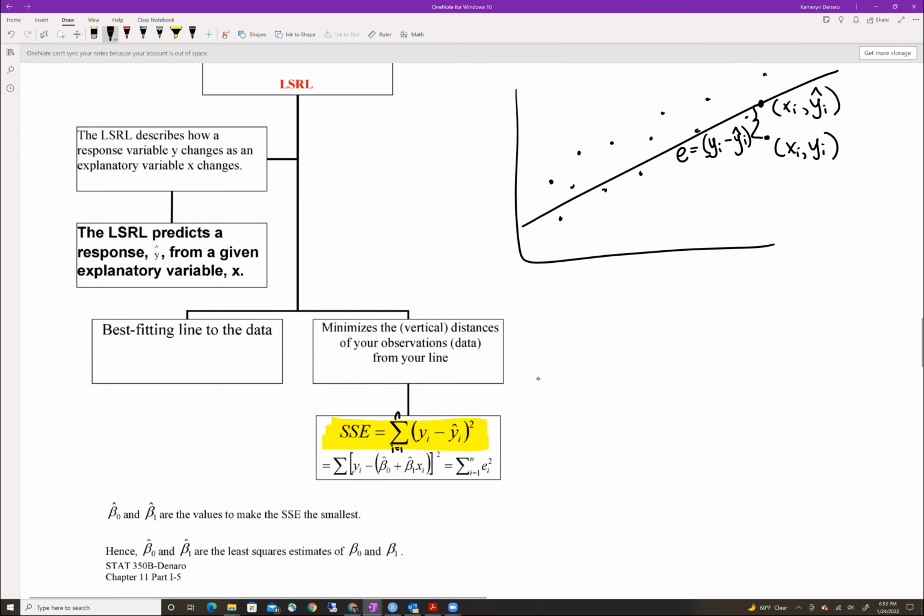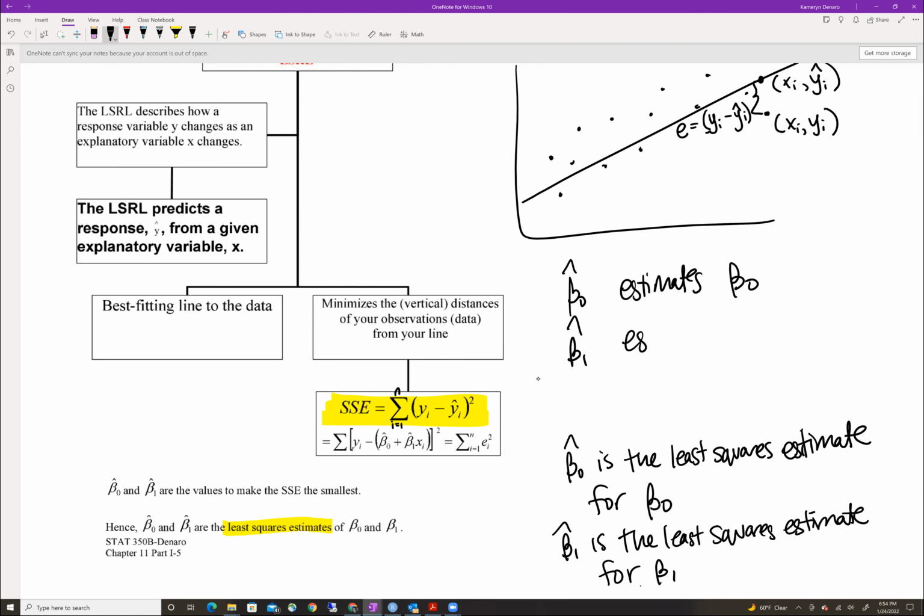Similarly, beta 1 hat is the least squares estimate for beta 1. So overall, beta 0 hat estimates beta 0 and beta 1 hat estimates